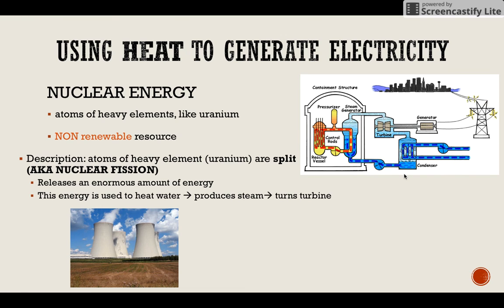So how does this work? What we do is we use a process called nuclear fission, and that's basically the splitting of uranium. So we're going to split it into its different pieces and contents. This actually releases a tremendous amount of energy, and guess what we can do with the energy? Use it to heat the water, make the steam, and turn the turbines. You can see a similar example. All the different energy sources follow the same pathway. They just